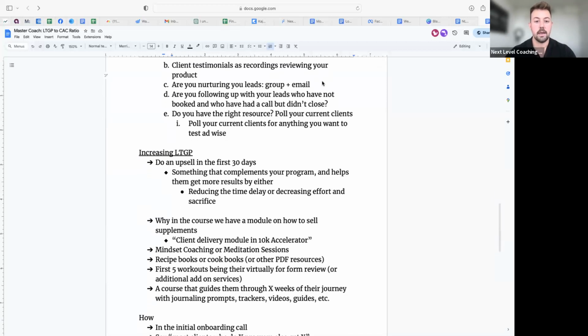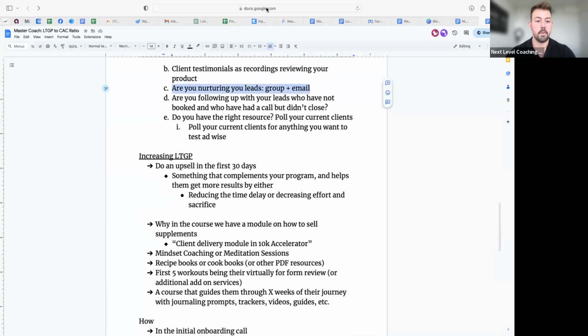Okay, next thing is, if we've determined that marketing is an issue, are you nurturing your leads? Two simple nurturing methods. Do you have a group, and are you constantly funneling all your leads to the group? What that would look like, if you're using ManyChat, is: does every single ManyChat flow ask them and invite them to your group? In addition to that, are you active in your group? Are you posting 5 to 7 times a week inside of your group? I know Jeremy Norman has a pop-in WhatsApp group, but he's very attentive to it, and he drops prompts in there every single day.